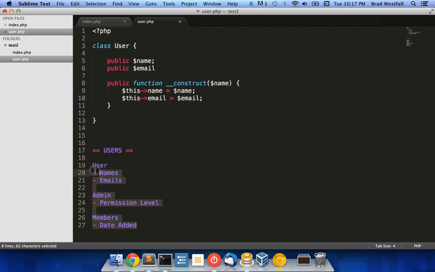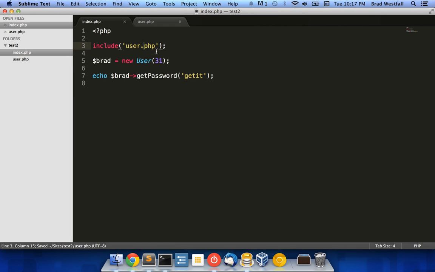Okay, so we can use that out here. I'm actually going to comment this out so we still have it, but we're going to run over here, and we have our user class. I'm just going to say user1 equals new user, and we're going to pass in Brad, and we're going to pass in brad@azpixels.com. That's my email address. Okay, so now that we have that,